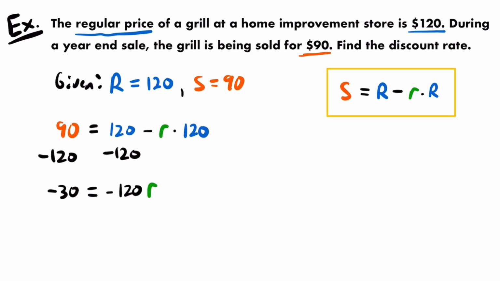And so now, to isolate R, or to solve for it, what we want to do is divide both sides of the equation by that coefficient of negative 120. Okay, so let's do that here. I'm going to divide both sides by negative 120. So these negative 120s will cancel out, just leaving us with R is equal to negative 30 divided by negative